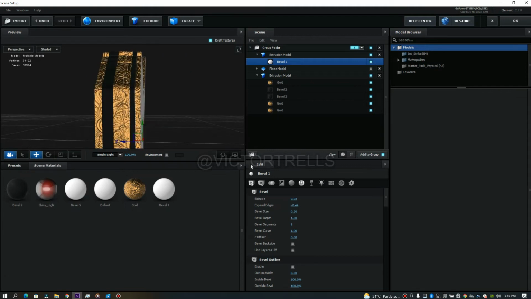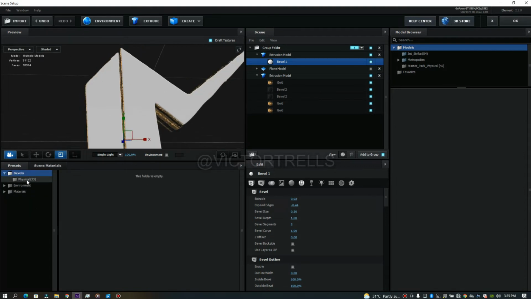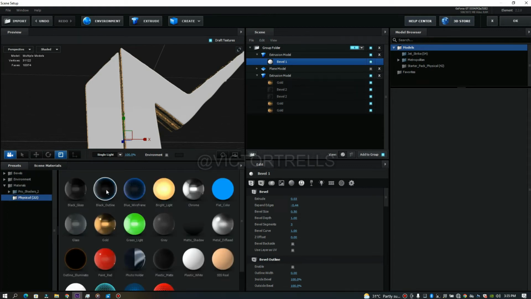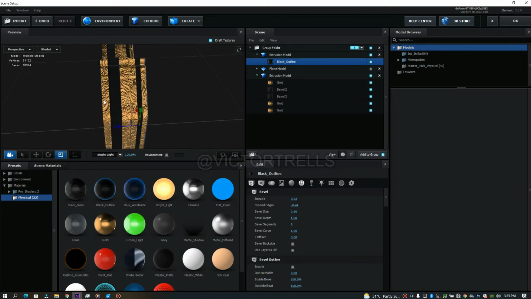Let me extrude this a bit. Let me scale this a bit. Scale. Just scale it a little bit. Yeah, this is good enough. So now what we're going to be adding, go over to your physical, your materials, and then physical, add this back black outline. So now while we have this,